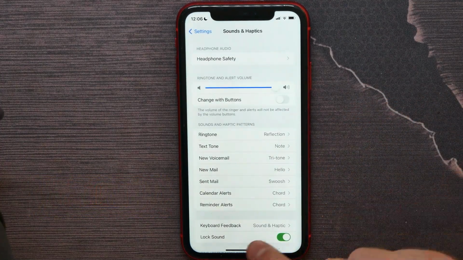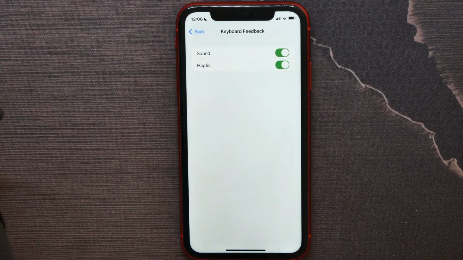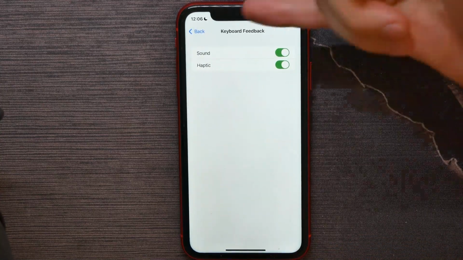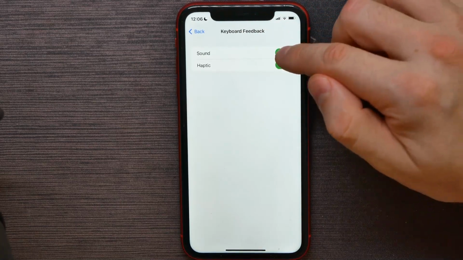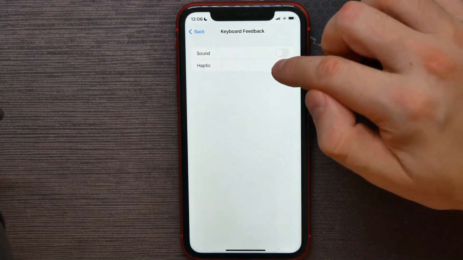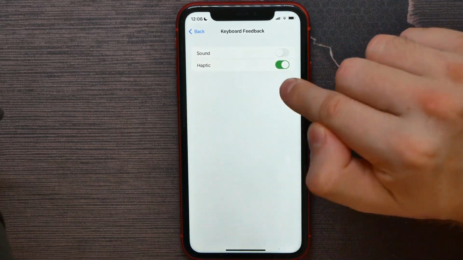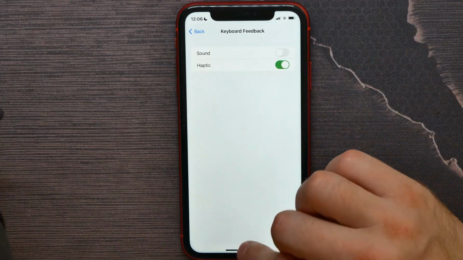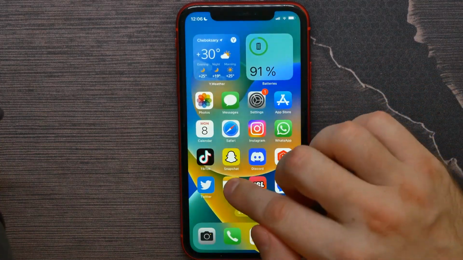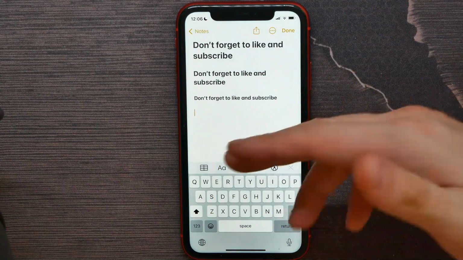Now, here at the bottom, hit on keyboard feedback. And now there you can set up keyboard feedback, you can enable or disable sound and enable or disable haptic. Haptic means vibration. And once you enable haptic, you can hop out of settings, go into some messenger or notes, for